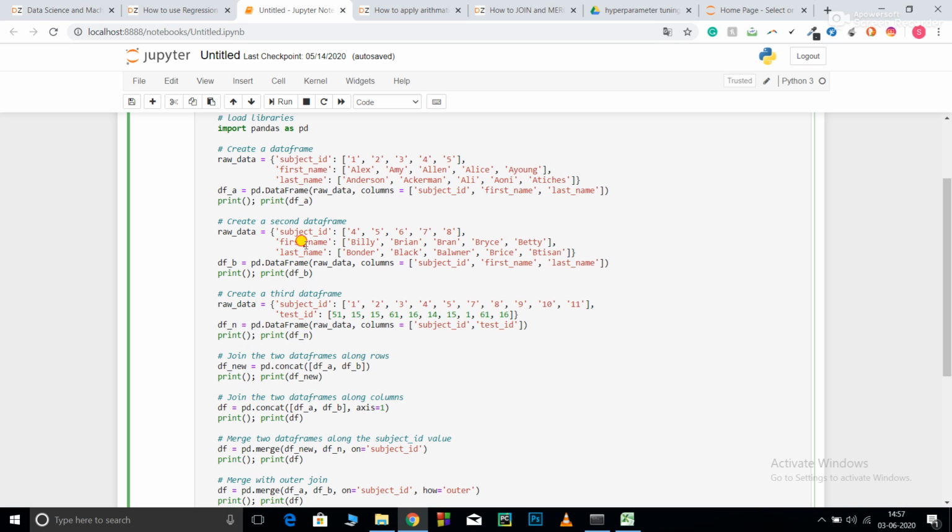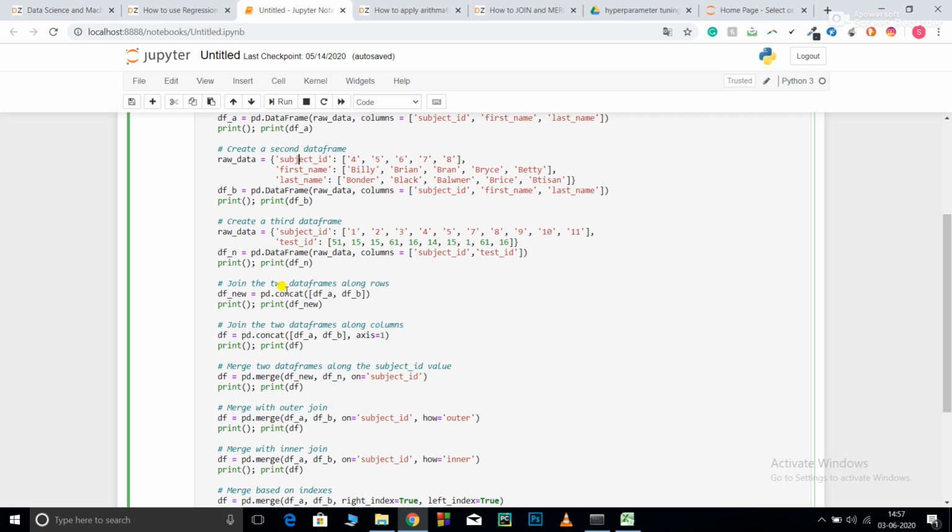Now you can see these both have the same type of columns, whereas this one has a different type of column. Over here I'm joining the data frames on the basis of rows. So you need to write pd.concat. It is going to concat a and b.